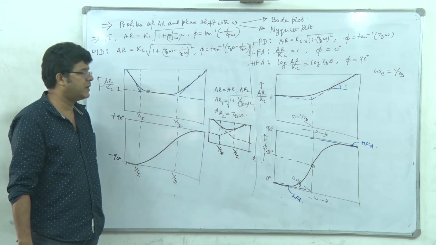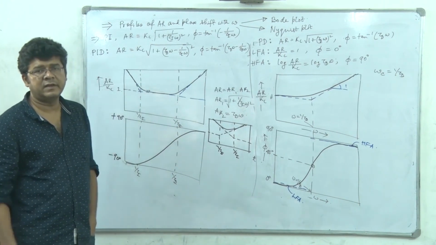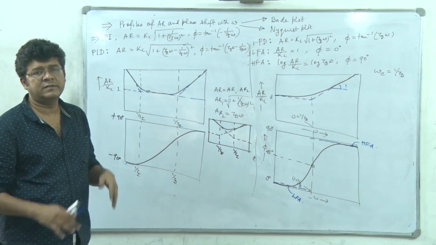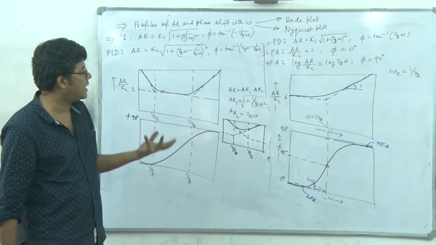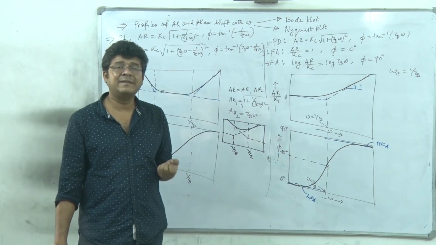So in the next session we are going to discuss a complex non-interacting capacities Bode plot and how we can at least draw the asymptotes itself along with the phi. Right?